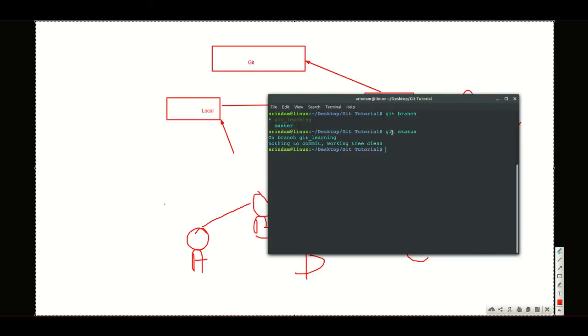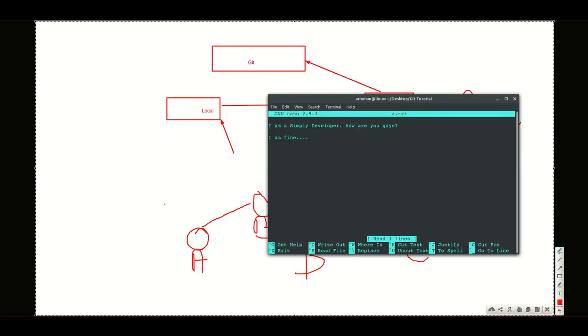Now I am changing something in that file: nano a.txt. Hello, this is our second git session. Sorry for the typing mistake.